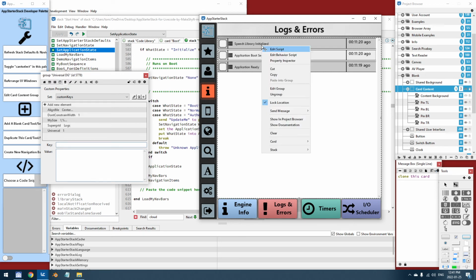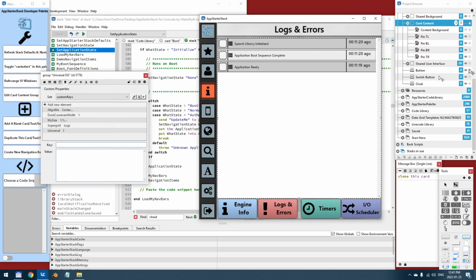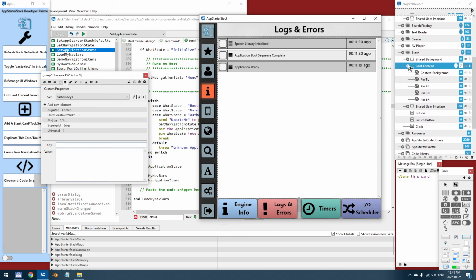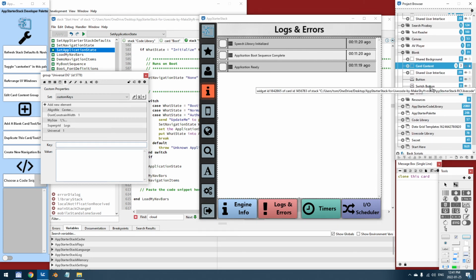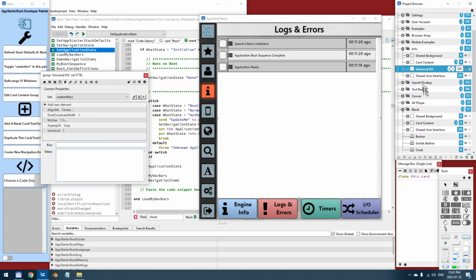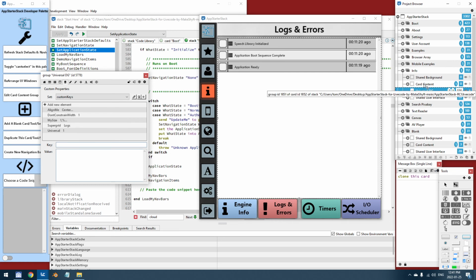So let's go look at the project browser, and you will see that the data grid, sorry, it's over here. You will see that the data grid is actually not inside the card content group, because